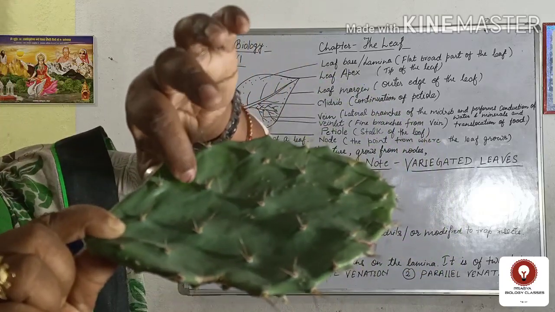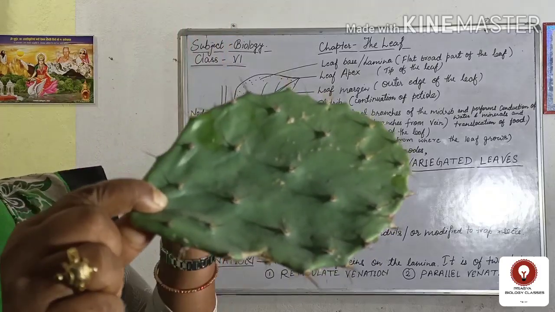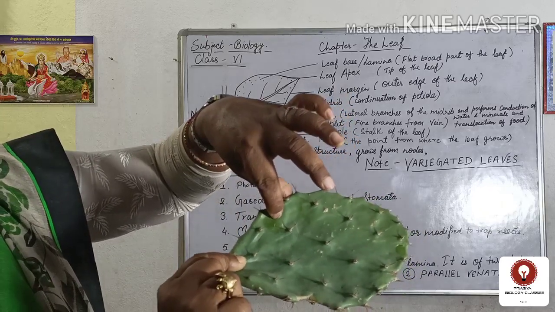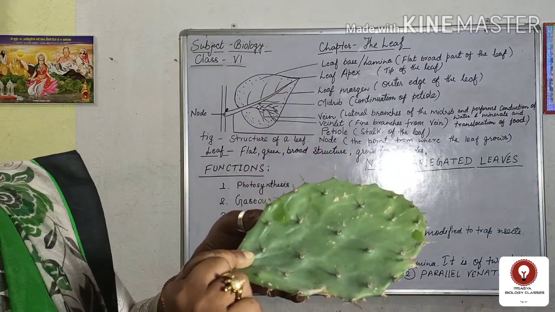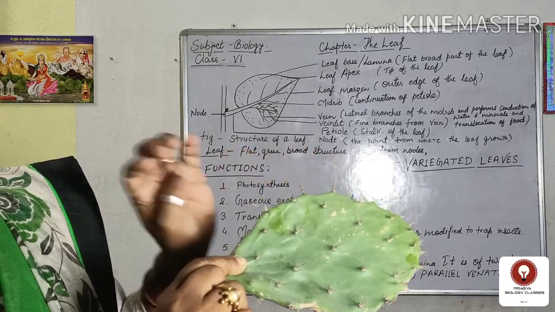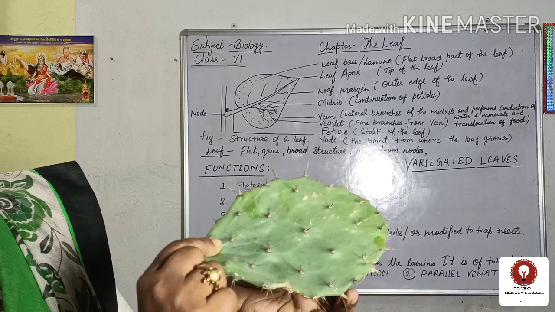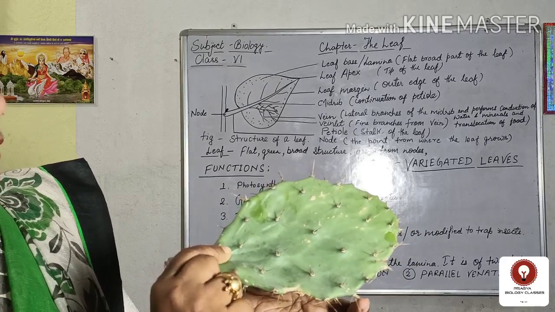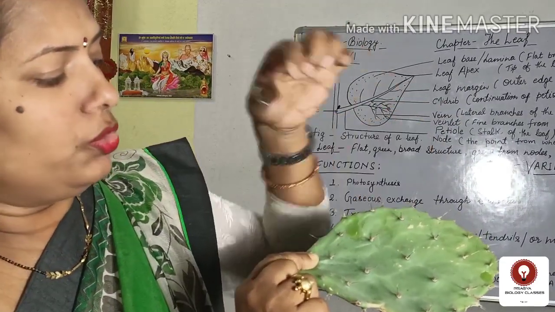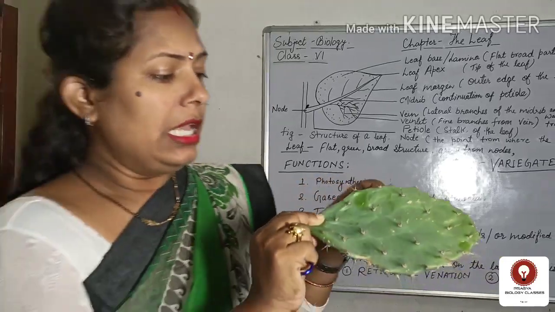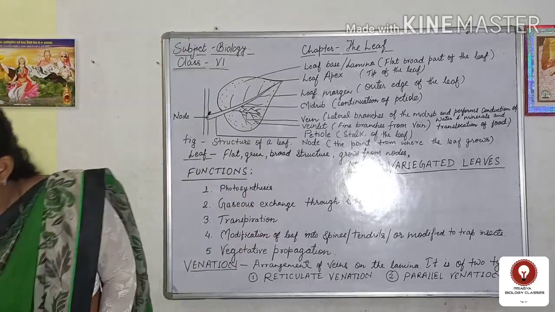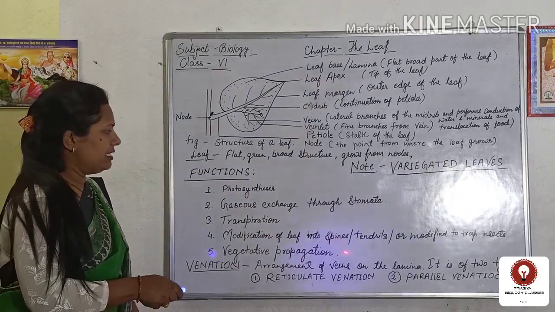And this fleshy structure that is visible here in front of the camera is the stem. Here the stem is modified into a fleshy structure, and photosynthesis is done by the stem only, because this part becomes green due to the presence of chloroplast. So photosynthesis is done by the stem, and leaves are modified into spines to prevent loss of excess water. Now the next modification is tendril.